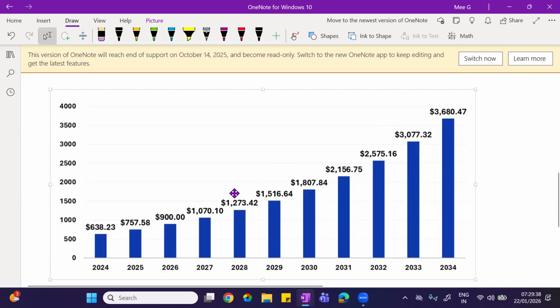When investment constantly increases, job opportunities increase, and a lot of opportunities will come up.